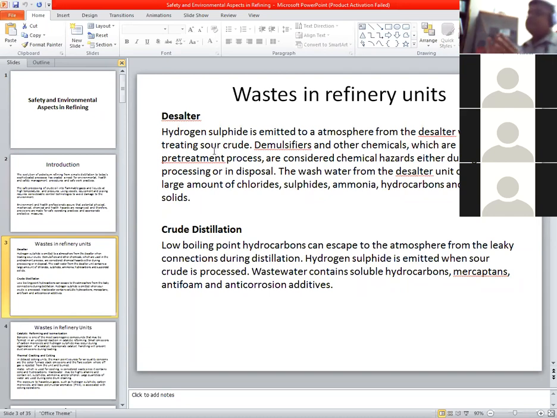And you know, oil and grease is very difficult to remove from the water. But see, from the desalted unit, around 100 to 300 milligram per liter of water contains oil. It's a high amount. So actually, there are some appropriate technologies. We will go through that. So it is a very high amount.